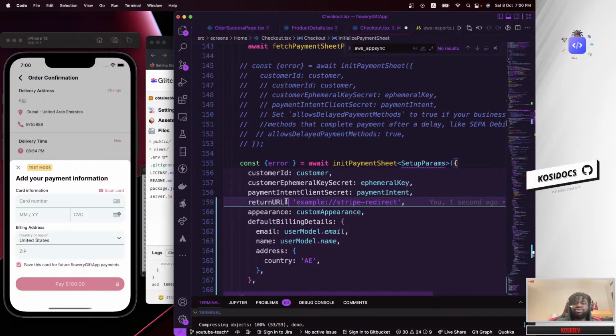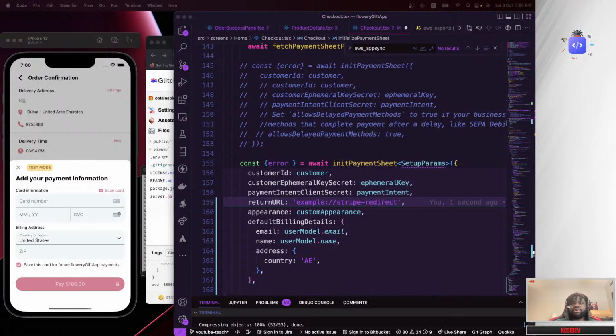Let's say they submitted a credit card that Stripe needs to authenticate. You need to pass in a return URL, whereby after the authentication, Stripe will return the user back to your app. So I'll show you guys how to use that.